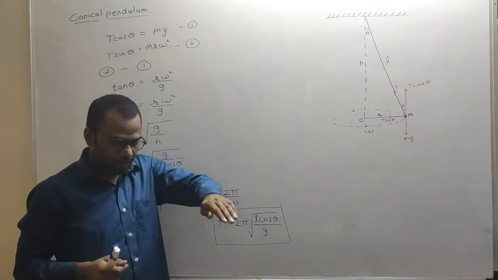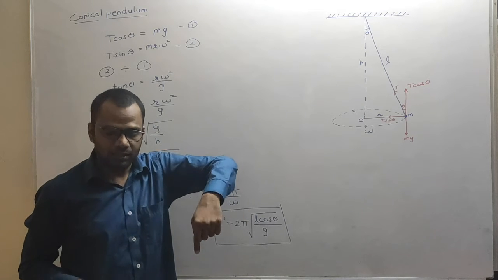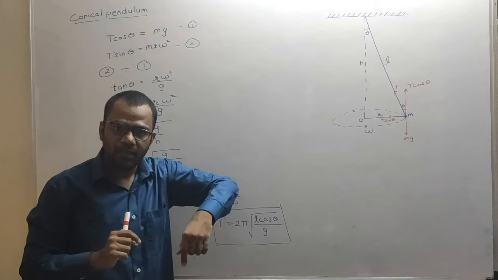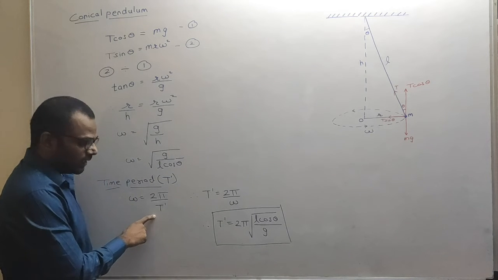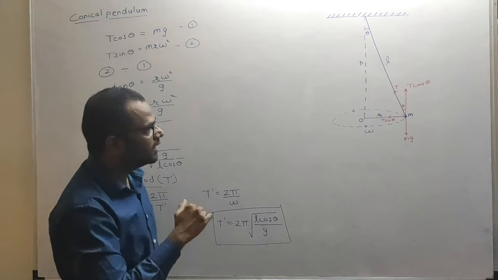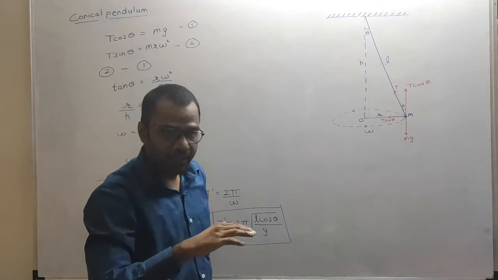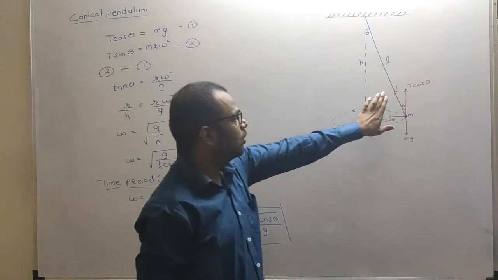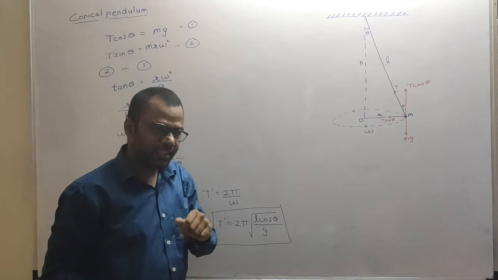Now if I take the complete time period, that means the time taken to complete one rotation, the corresponding angle traced will be 2 pi. So radians per second, I can write omega as 2 pi upon time period. Here I have mentioned time period as t dash. Why? Because I have already used the alphabet T for tension. Generally T is used for time period, but since here T is already used for tension, I am using time period as t dash.